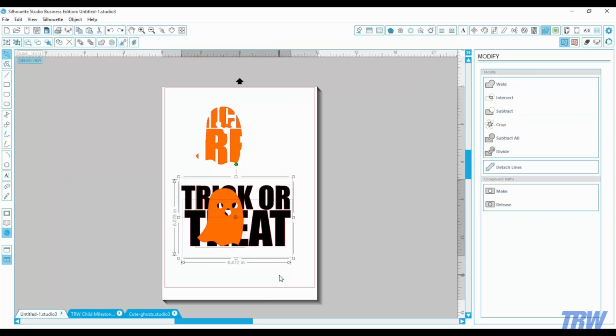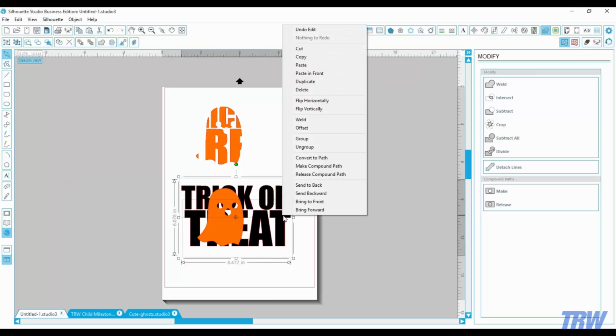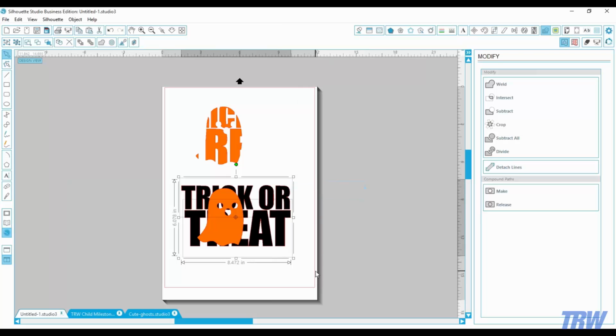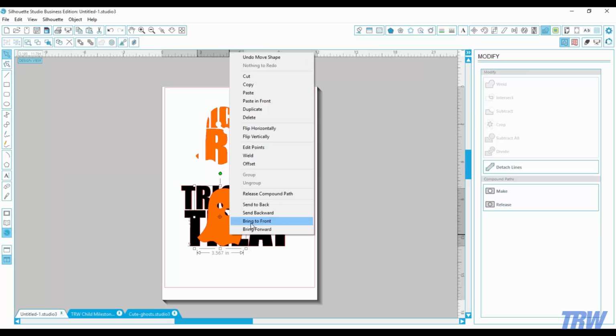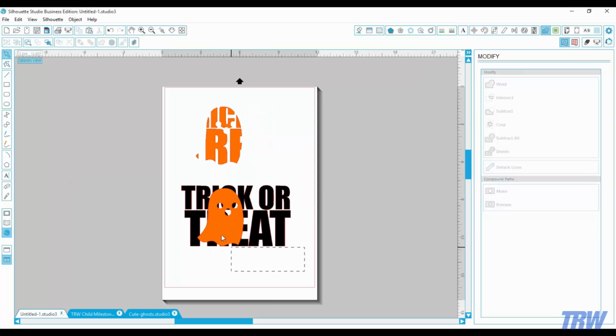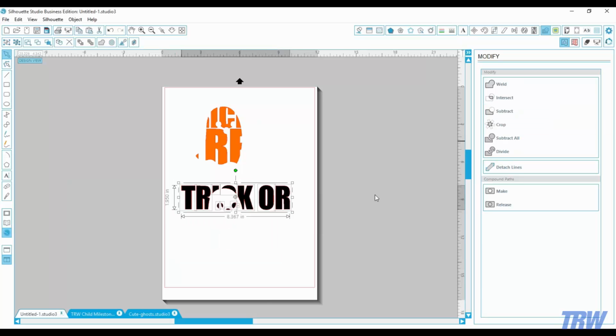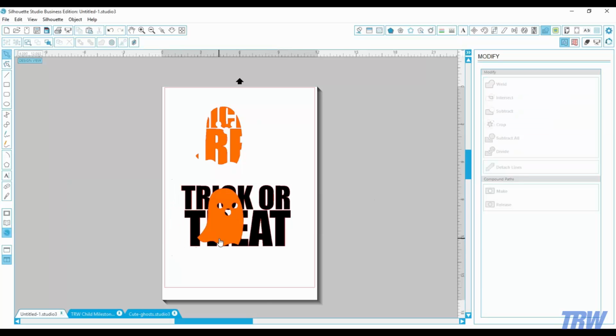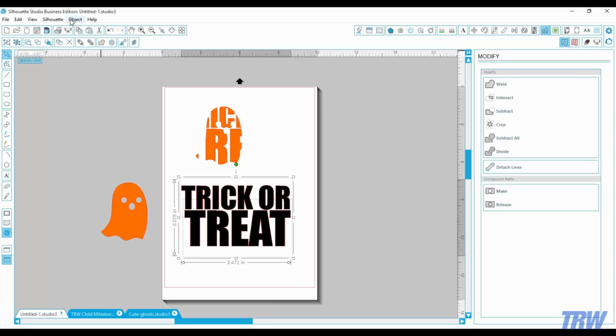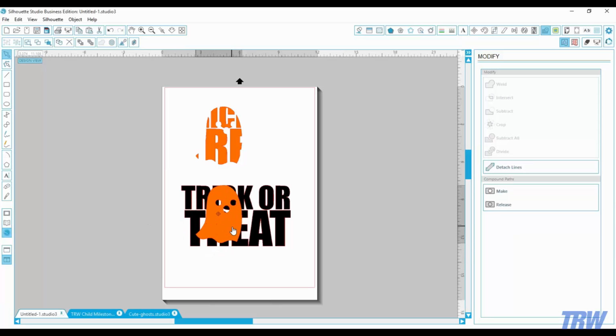Oh, I don't know why that happened. Sometimes if that happens, you want to make sure your words are on the bottom. So you're going to send that to the back, and then I'm going to grab my ghost and bring it to the front. So I'm going to select both of these, and now, if that doesn't work, that's okay. What we're going to do is grab the trick or treat. These are still two different objects, and I'm going to group it. So I'll go to trick or treat, group it, send it back, and then